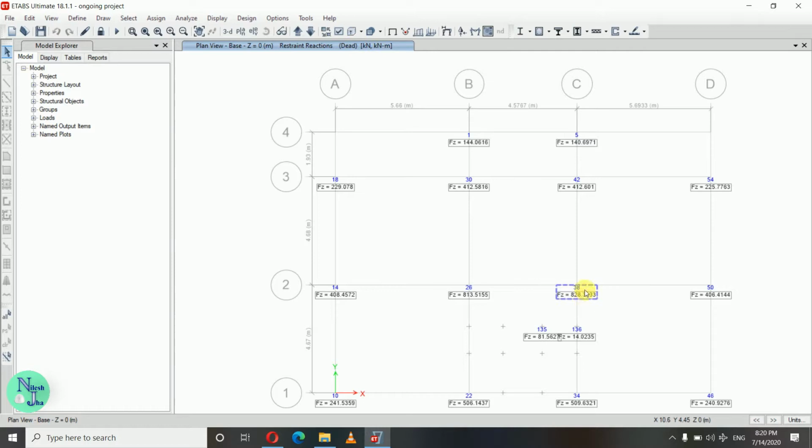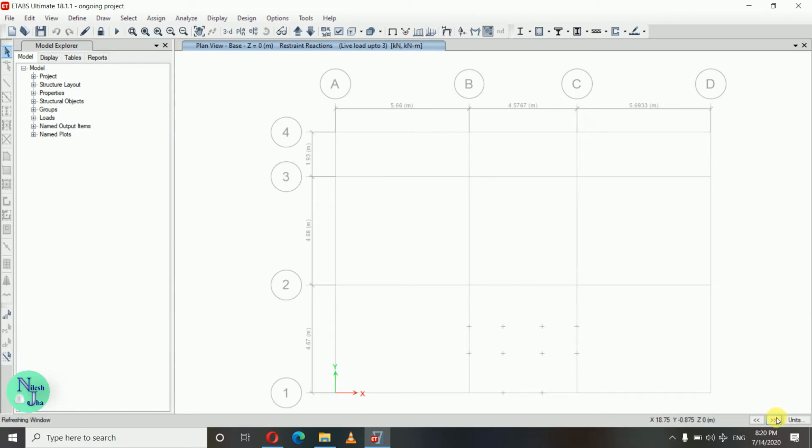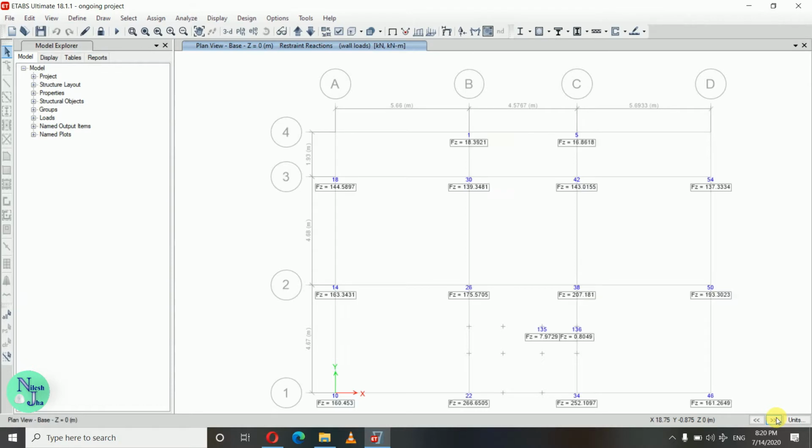Here the dead loads we will take for this column, that is column number 38, at level number 38. Here the dead load is 828.3133 kilonewton. Similarly, here is the live load, and this is 66.7335 kilonewton. And similarly, the live load up to 3 kilonewton is 149.3046, and we do not have live load greater than 3 kilonewton. And the wall loads are 207.181, and we will be neglecting the smaller ones, that is the parapet wall and the partition wall, the smallest loads. And the floor finish here is 77.7811.